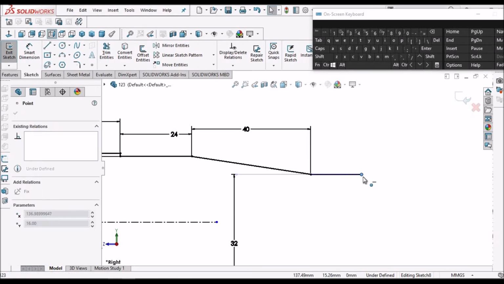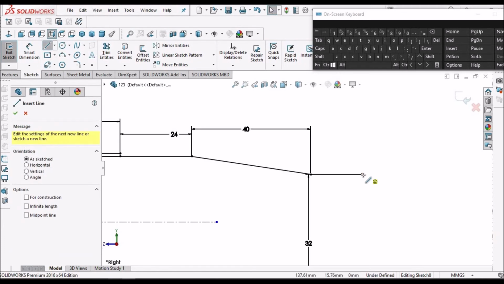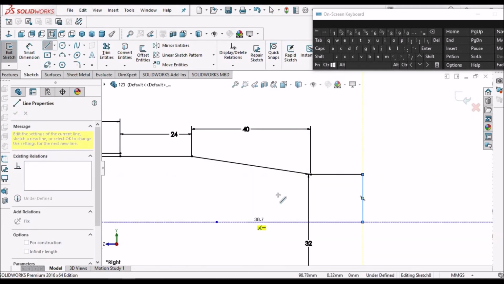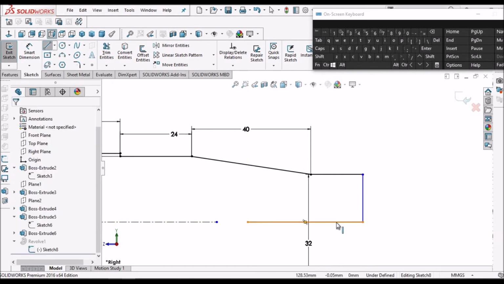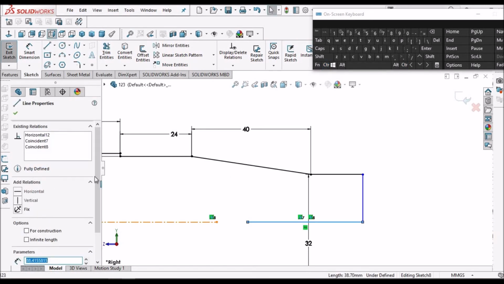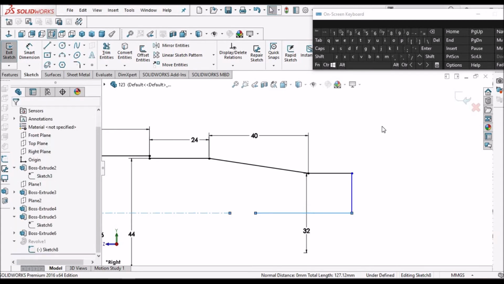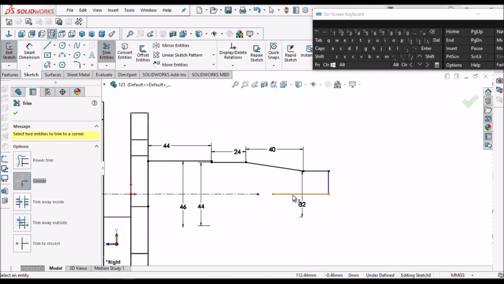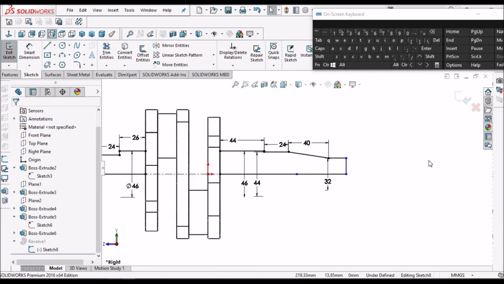Just move this and create a line. Here. Now select this line and this line, make it collinear and go to trim option and say OK.